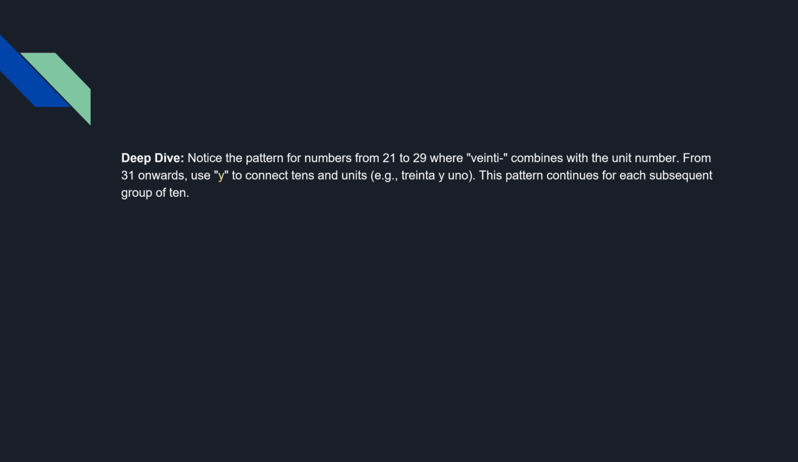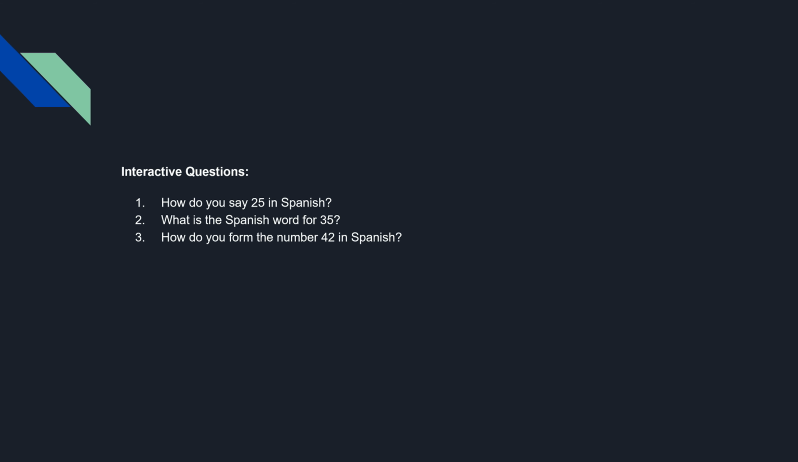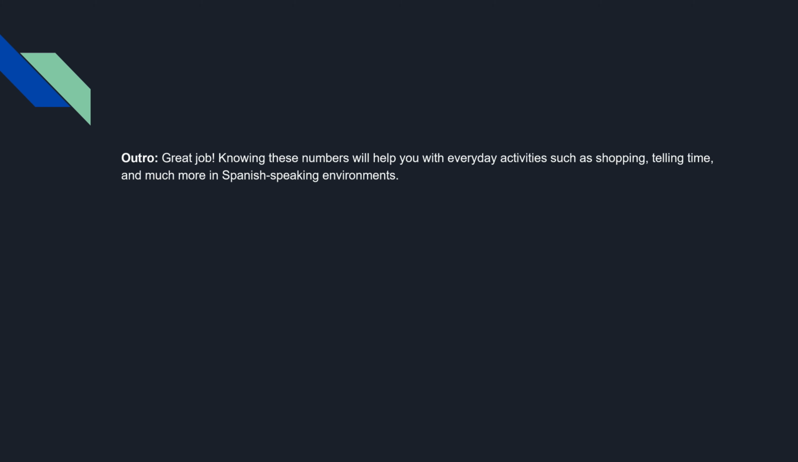Deep dive. Notice the pattern for numbers from 21 to 29, where 20- combines with the unit number. From 31 onwards, use Y to connect tens and units. This pattern continues for each subsequent group of 10. Interactive questions. How do you say 25 in Spanish? What is the Spanish word for 35? How do you form the number 42 in Spanish? Outro. Great job. Knowing these numbers will help you with everyday activities such as shopping, telling time, and much more